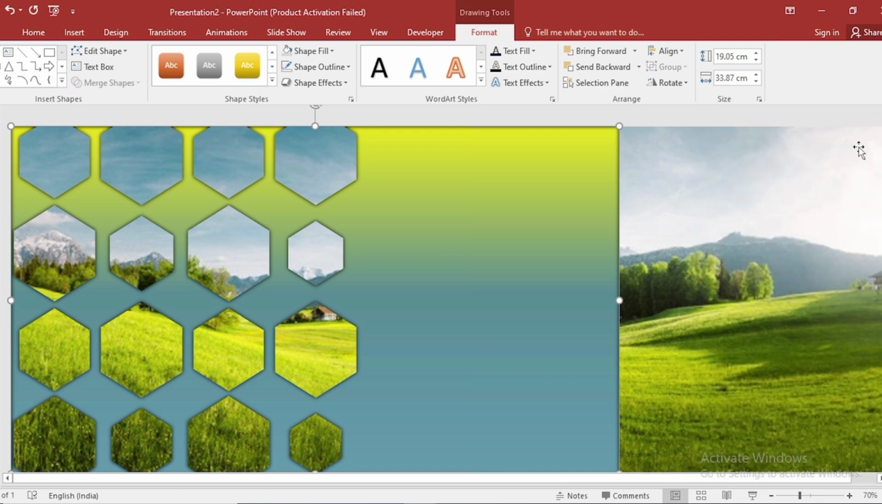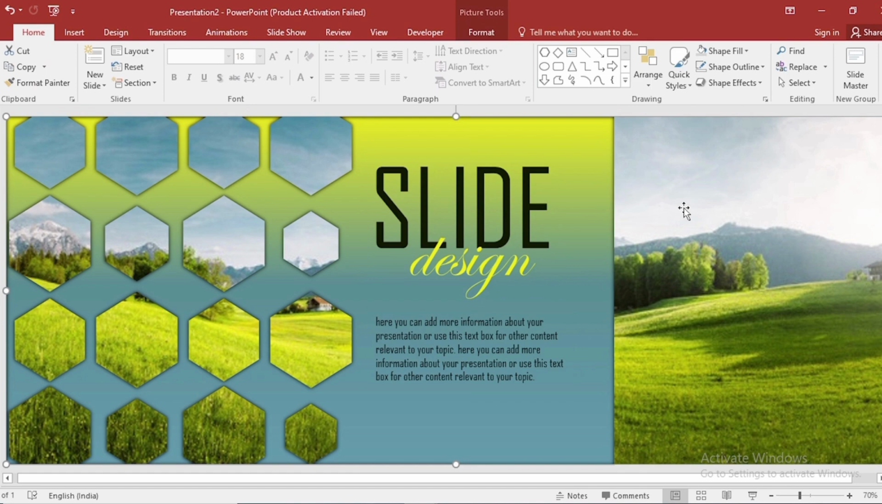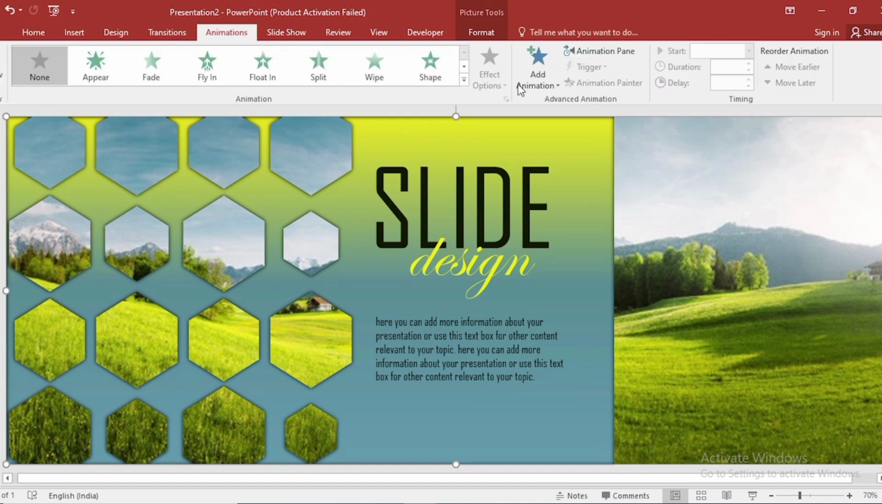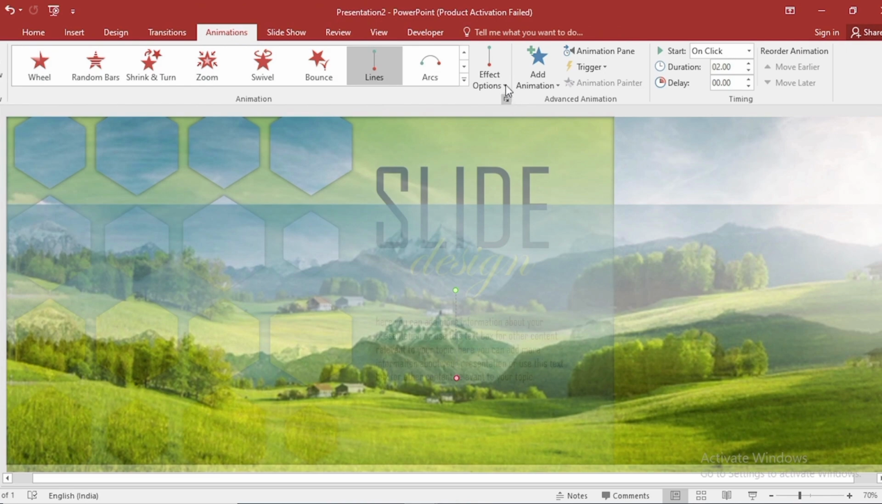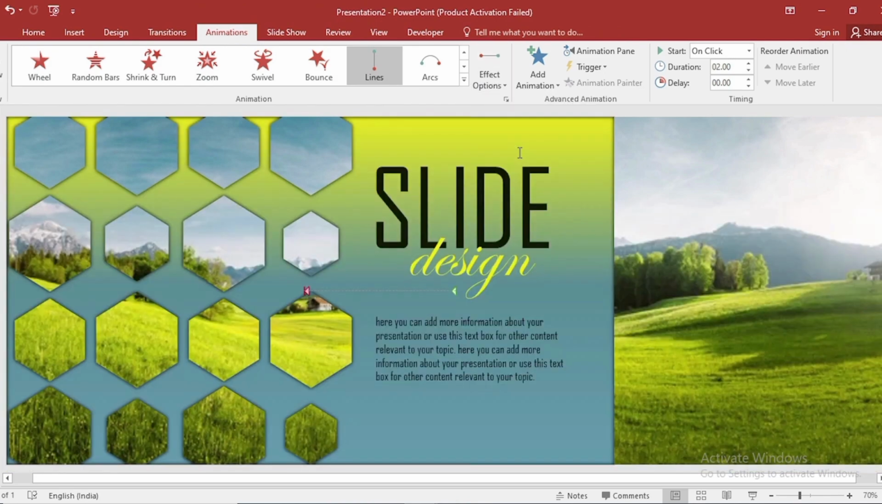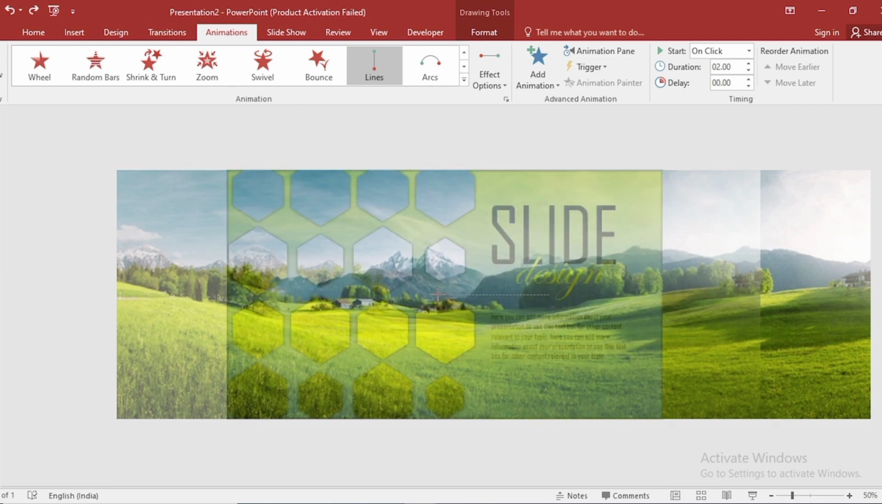Whatever PPT you are creating, highlight information here. Select this, go to animation tab, go to add animation, apply line animation, go to effect option, select from left. Zoom out the slide, select arrow, drag it like this